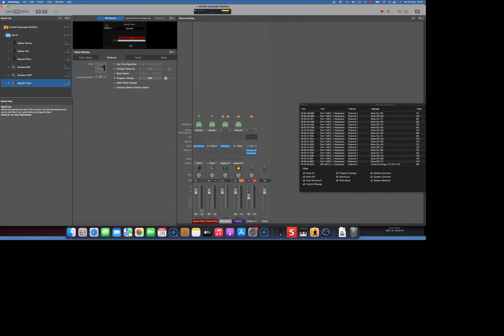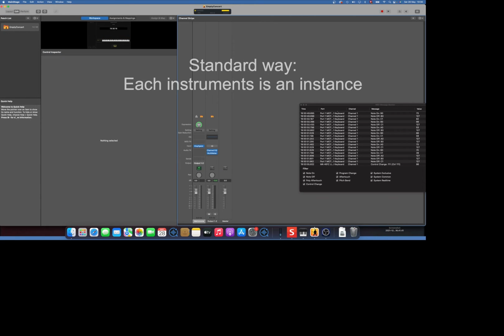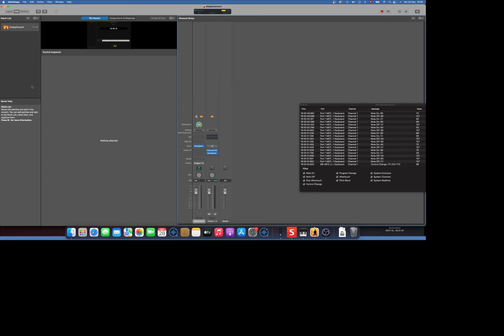So basically these are my 6 preferred instruments that I want to use live during my gig, and I will show you the default way of doing that, and maybe a little bit more clever way to do that. So let's start with an empty concert, and let's do the standard way of creating patches in MainStage. So let's start by doing a plus here